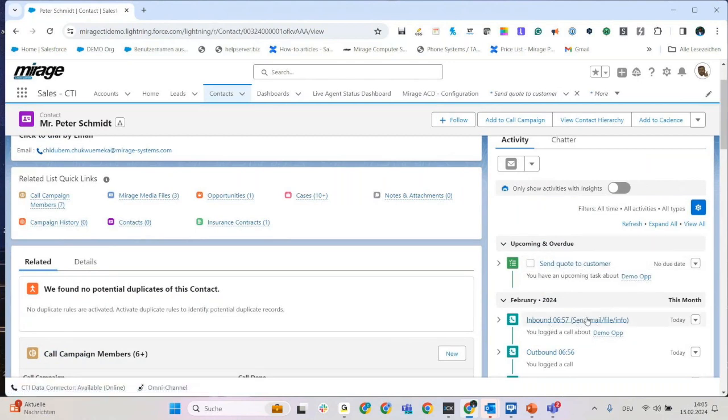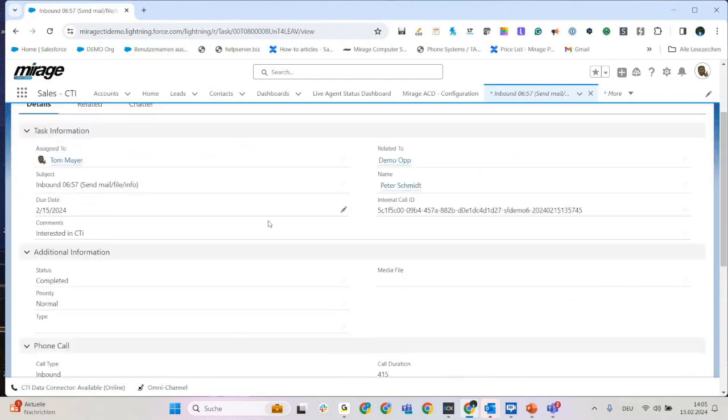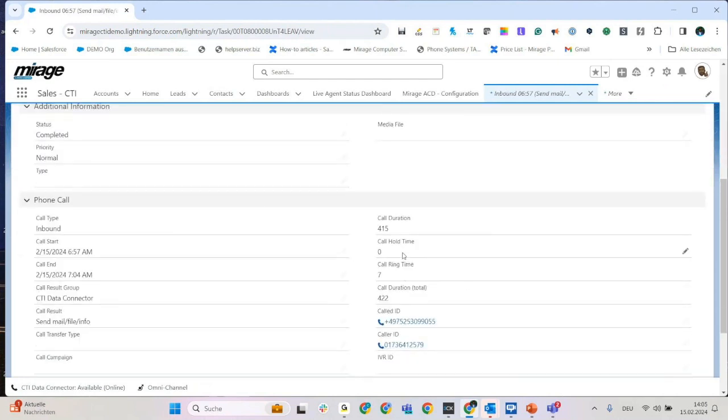And here I have all the information about the call, all the parameters connected to the call. If you want a deeper dive, you also have the start and end time of the call, the ring time before I pick up the call, and any other data that we'll be getting from the telephone system.